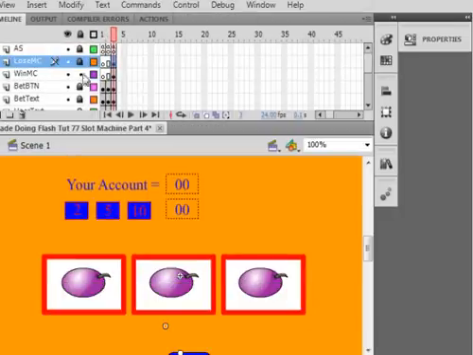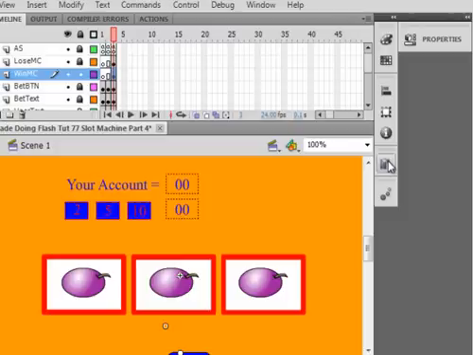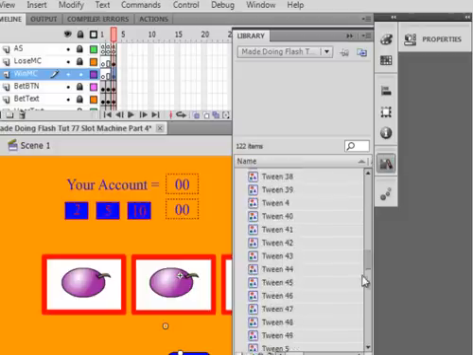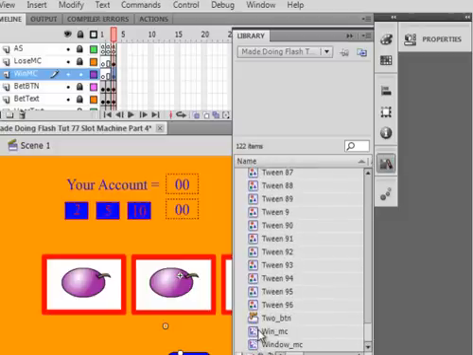While the win layer is still unlocked, make sure you have frame 3 selected. Open the library panel and go down till you find your win movie clip. Click on it and drag it out to the center of the stage. You're not going to see anything because there's nothing on frame 1. When you have it out there,